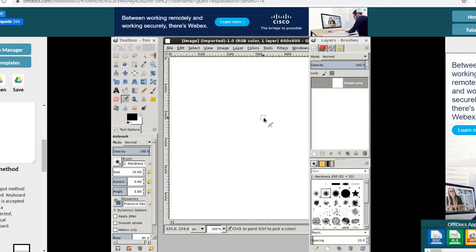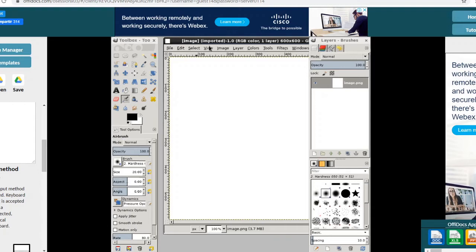You can open multiple images at a time. This is the image title bar, which displays the name of your image. Under it, the menu bar is there. This bar contains the main menu commands.